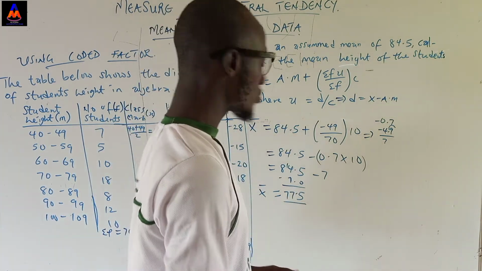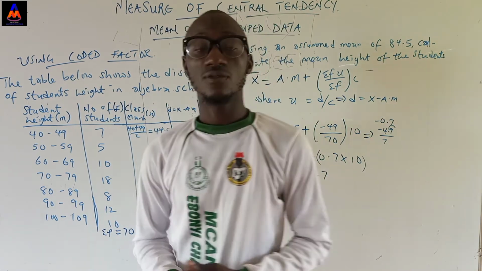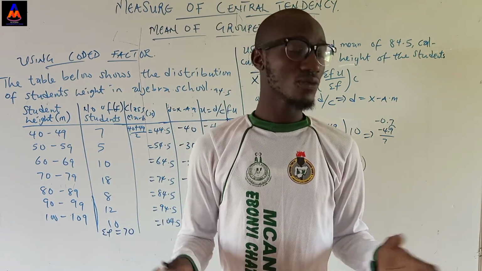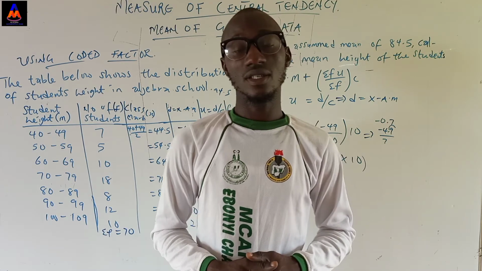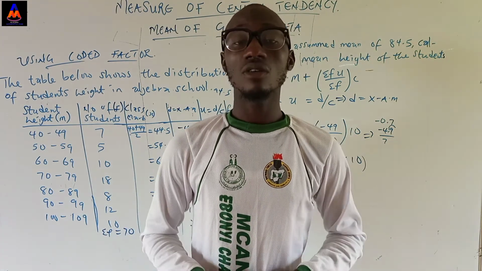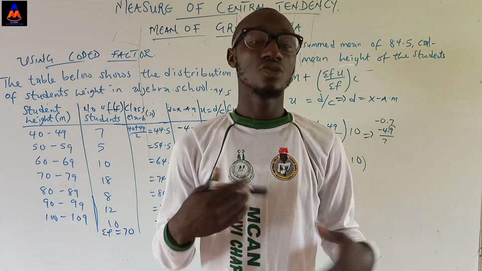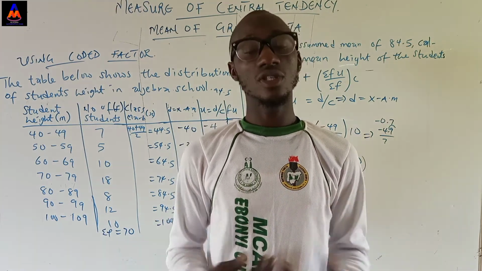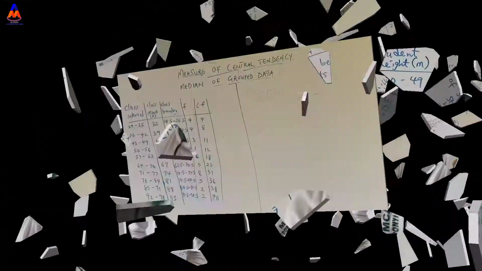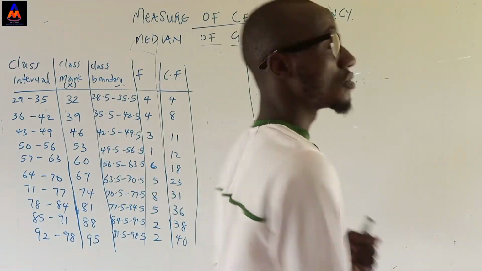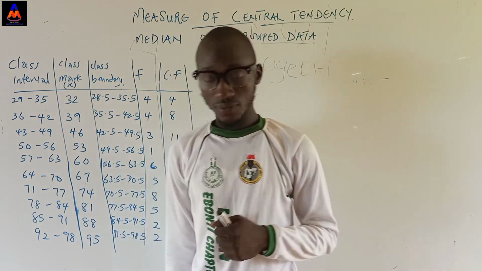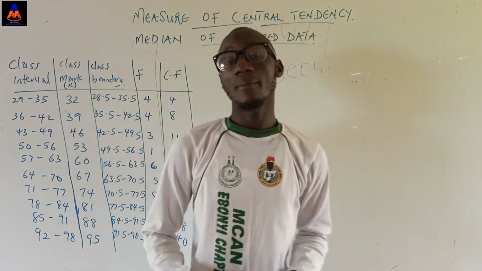So you can see that this one is a little bit faster. Actually, it's faster compared to the other method. We use it for complex data sets. So we move to some other manipulative techniques to deal with group data. Let's move on. Now we would like to continue with our manipulative techniques on group data.